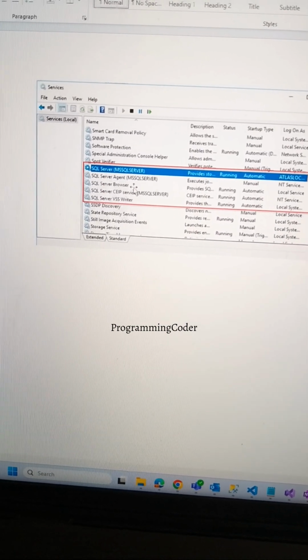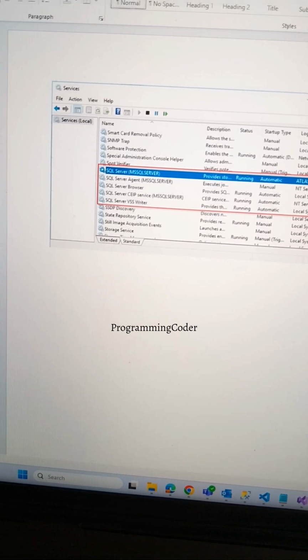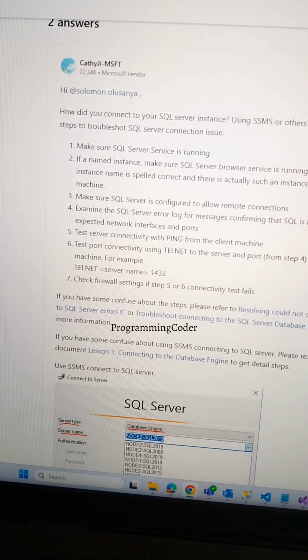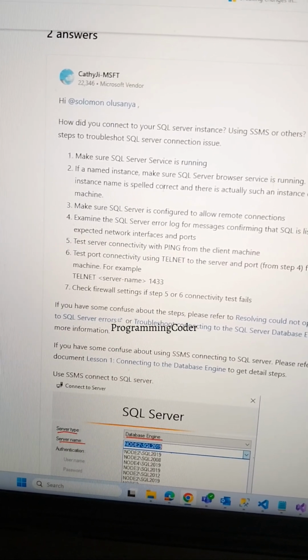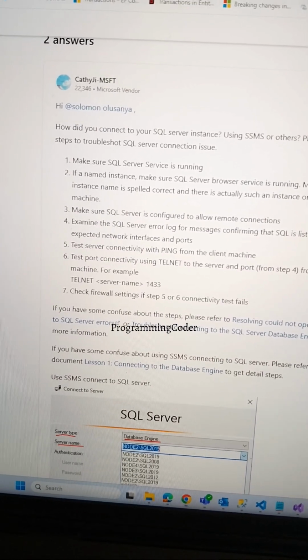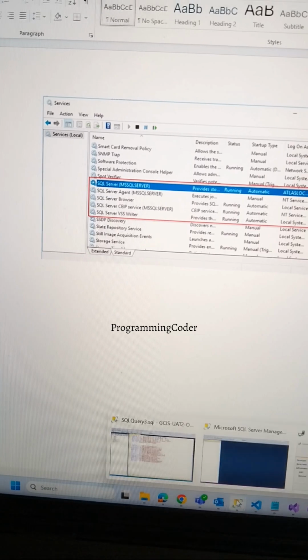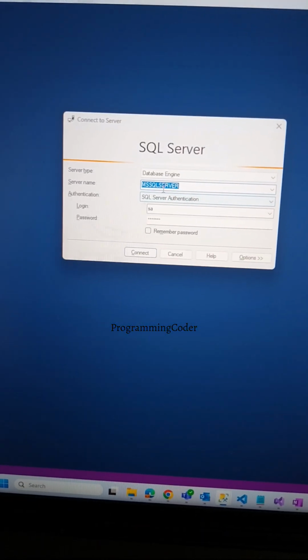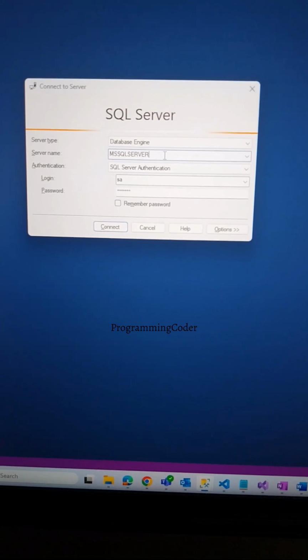The SQL Agent and SQL Browser services must be running on your machine. Then if it is a named instance, make sure the service is running and that the name is correct, which is this name, MSSQLSERVER. While you are connecting, this name should be correct without any spelling mistakes.